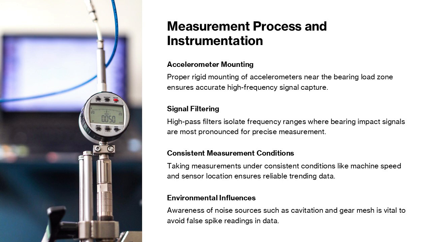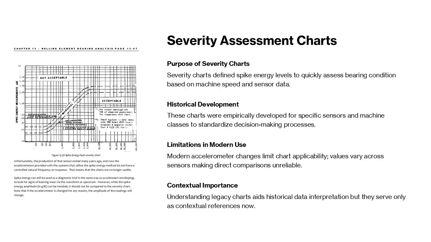A disciplined measurement process ensures that spike energy trends reflect actual bearing condition rather than measurement variability. The image illustrates a typical legacy spike energy severity chart, showing threshold zones used historically to classify bearing condition. Original implementations of the spike energy method were often accompanied by severity assessment charts that defined acceptable, marginal, and unacceptable